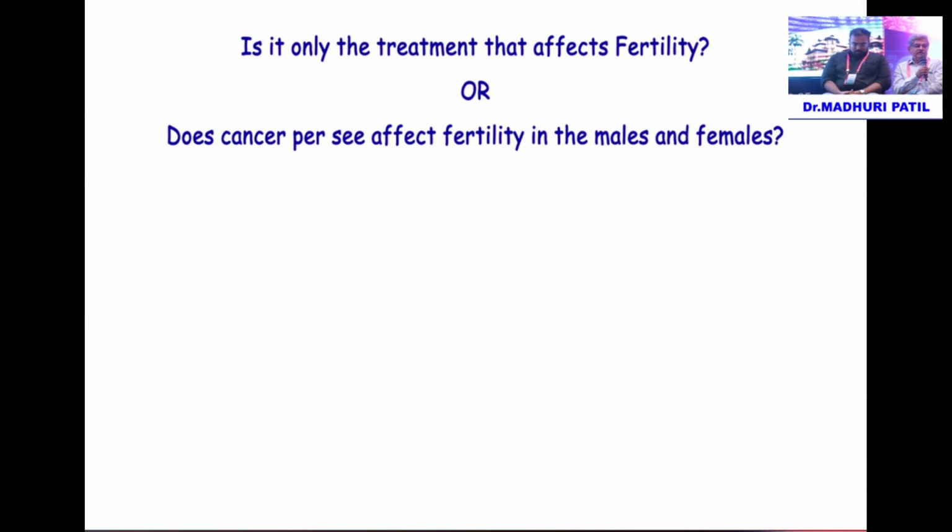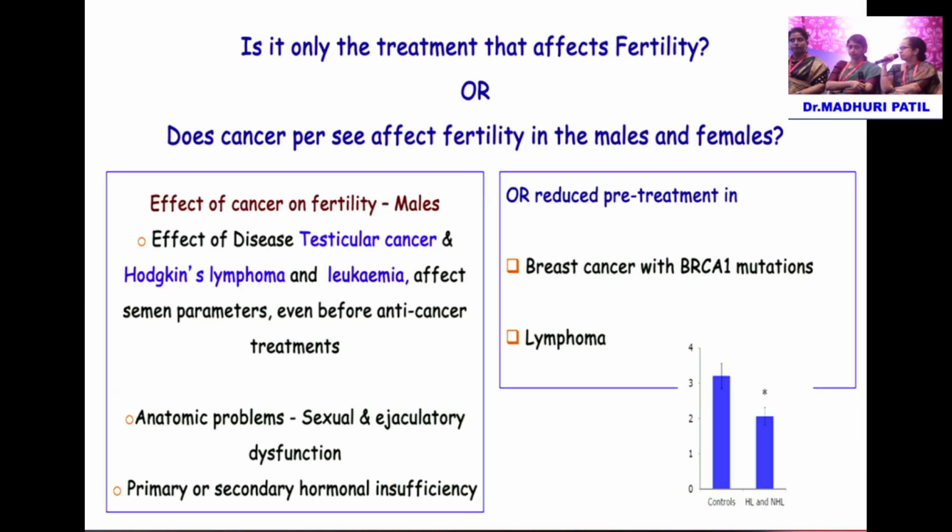No, which cancer? When you're talking about a female, when you have a cancer in the ovary or the uterus, definitely that's going to affect the fertility. In ovarian cancer, you always have the option in early cancers for doing an ovarian preservation. And in uterine cancers, in the endometrial cancers in early stages, we have the option of hormone treatment and fertility preservation. Yeah, so basically in the female it's breast cancer where you have the BRCA mutation, where you have decreased ovarian reserve, and lymphomas. And in the males basically it is more of lymphomas, leukemias, and the testicular tumor itself, which is going to affect fertility.